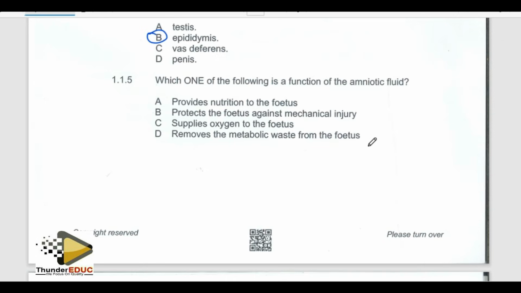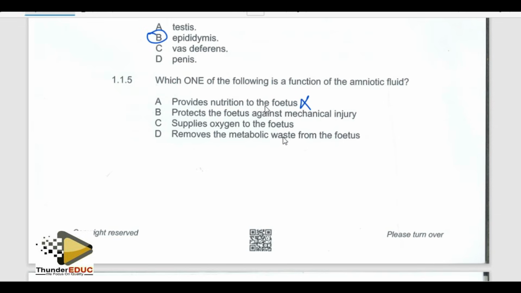They relate it to nutrition because it is a fluid. You expect it to be nourishing the fetus. No. Amniotic fluid is not related to nutrition. That's why even here on the objective, the first answer they gave is provide nutrition, so that it attracts the attention of the people who don't know the actual answer of the amniotic fluid. Therefore, in this case, the answer is not going to be nutrition,